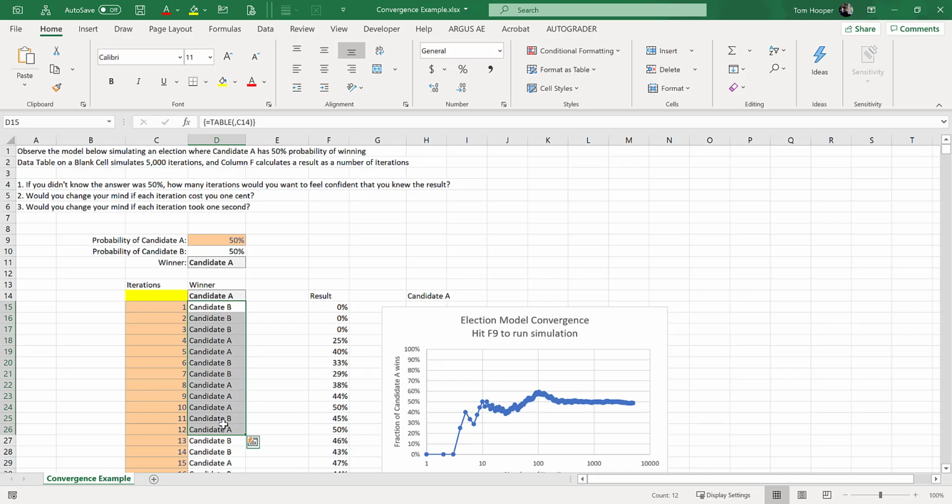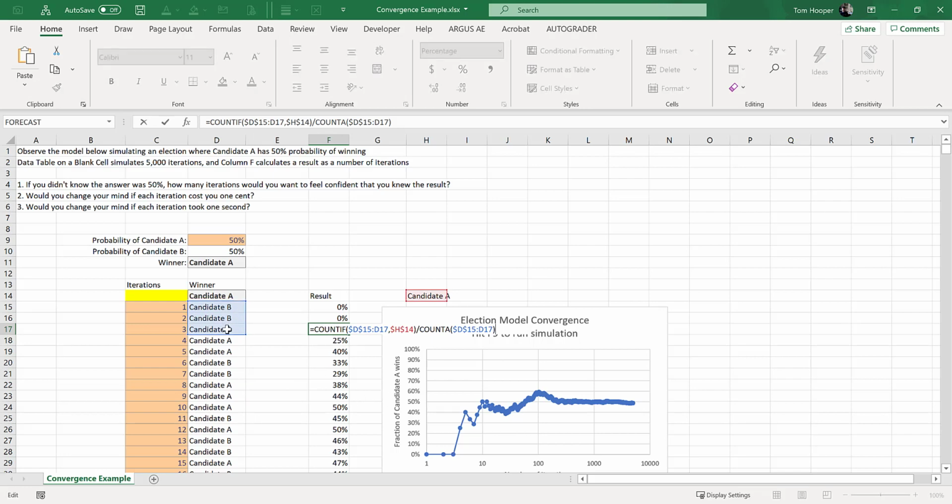But if I don't know what the result is, like NPV on my model or the chance of my final wealth amount meeting a certain target, I don't know what the answer is. So I don't know when I get there. So I need to guess about how many iterations to run for that model to converge. So what this one does, if I hit F2 on this, it says count up the number of times that candidate A has won so far, and then divide by the iterations that we have, and that gives us the